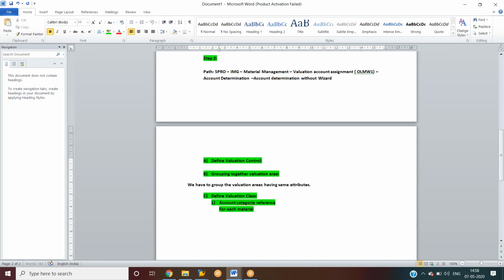For each material type we will have one account category reference. I'm just giving the short form ACR, just to save time.